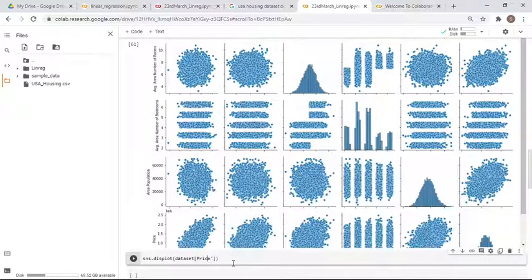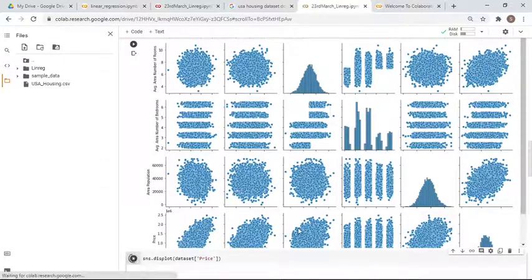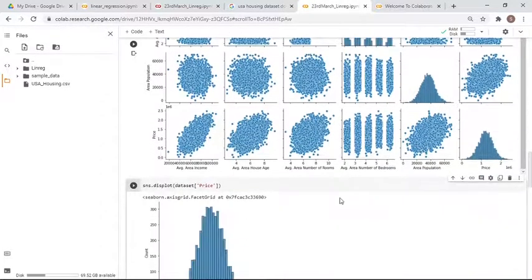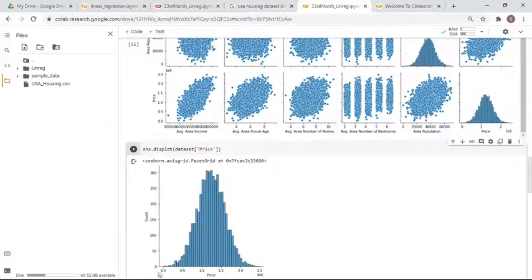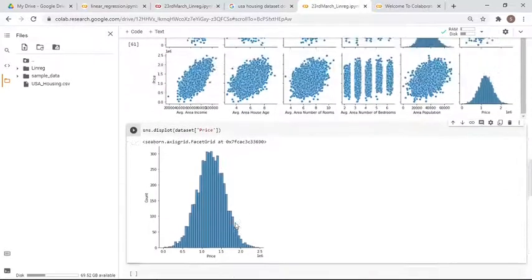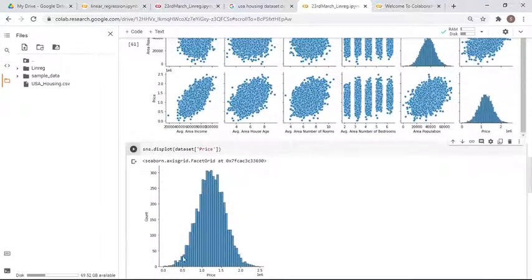Don't forget to put it in inverted commas. Okay, now this is the price plot. You can see the price plot looks like this.